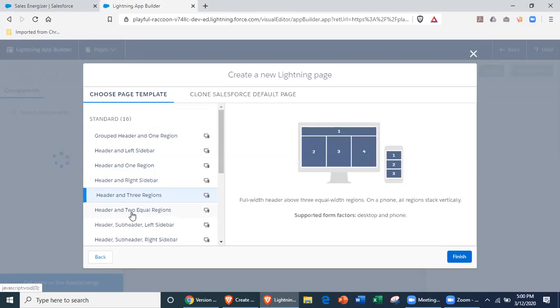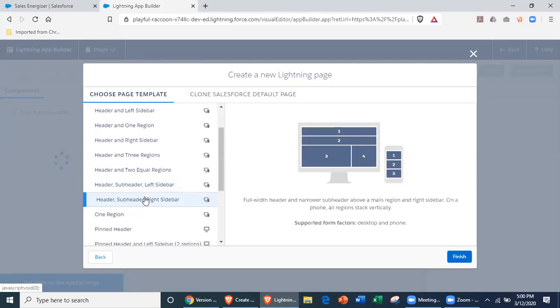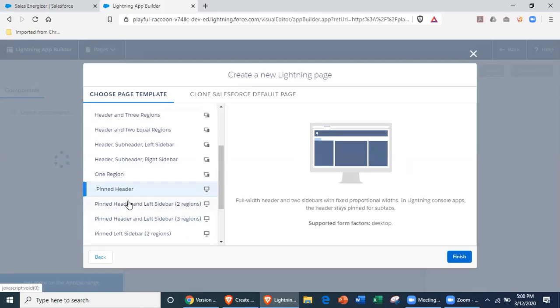Header in 3 regions, header in 2 equal regions. You don't want 2 subheader. Like these are all the templates you got, right? 1 region, pinned header. I like,